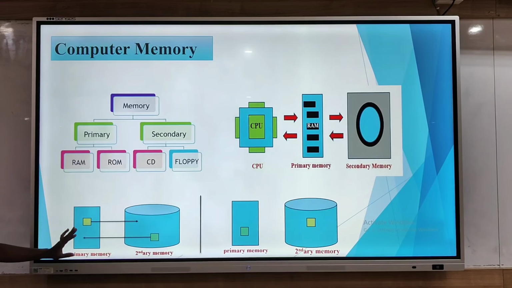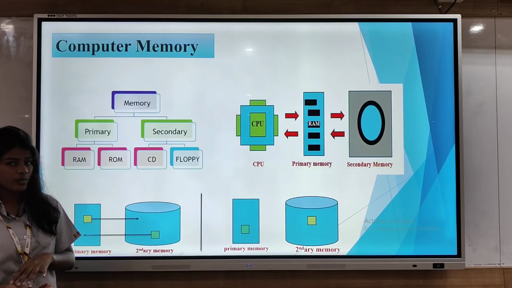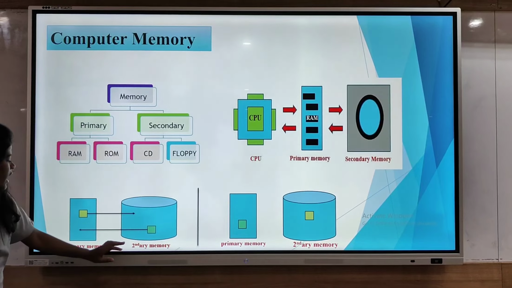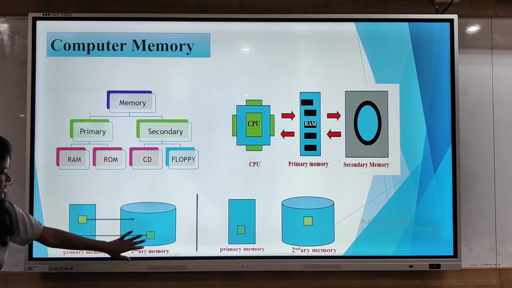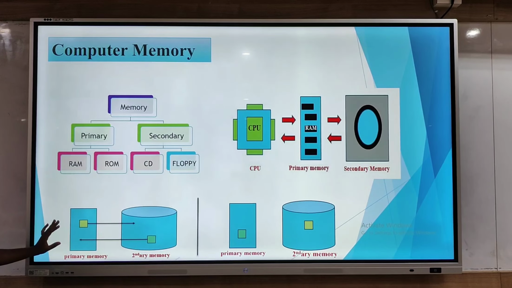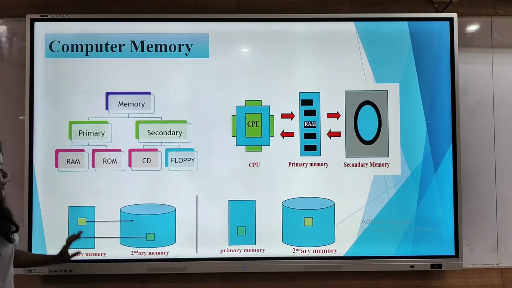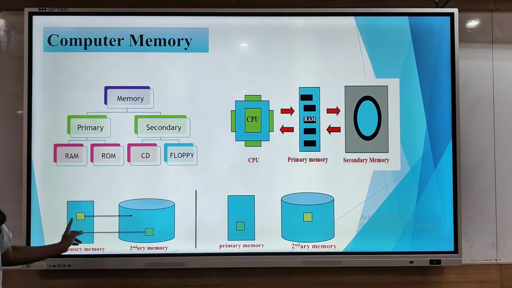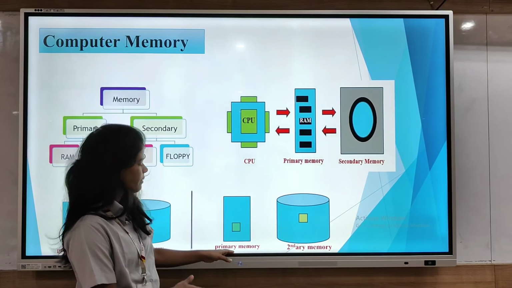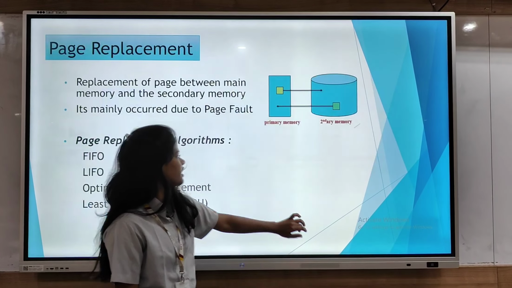So if the storage is getting full, then we have to replace a page with an existing page. Now we want the green page, and currently our primary memory is full and has the yellow page. So we have to replace the yellow page with the green. After that, the green will be in the primary memory and the yellow in the secondary memory.